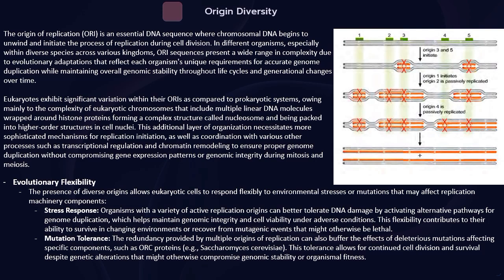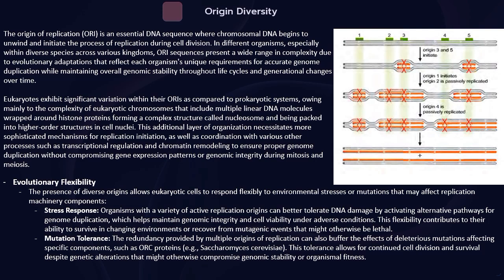And if we compare, eukaryotes possess a significant variation within their ORIs compared to prokaryotes. And this is majorly due to the complexity of eukaryotic chromosomes, which arose due to multiple factors like